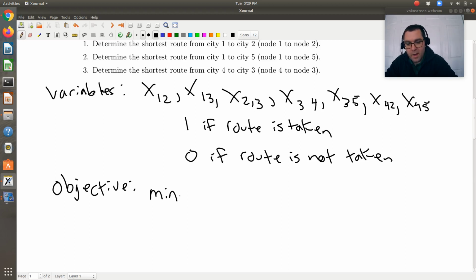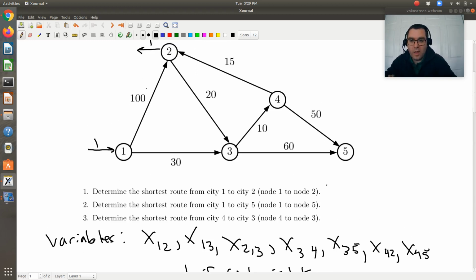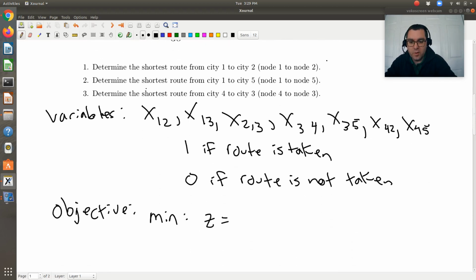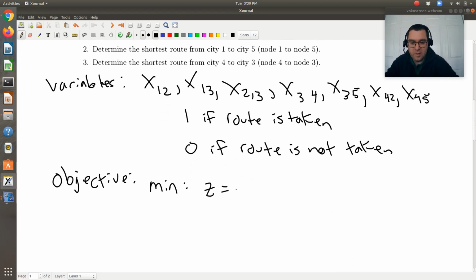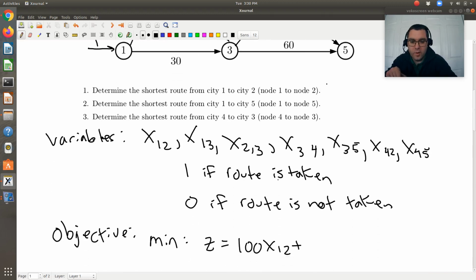We want to minimize the distance traveled, and that's going to be z is equal to the sum over all of my routes times the distance of each route. So I'll have x12 times 100, because I'm going to minimize z is equal to 100 x12 plus x13 is 30